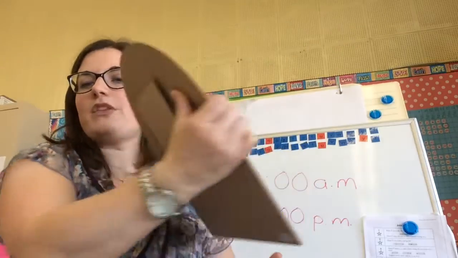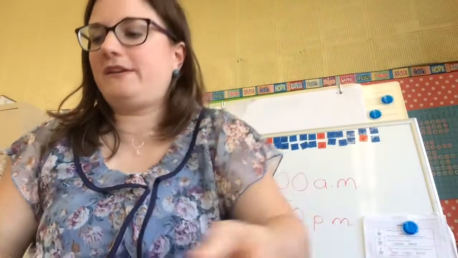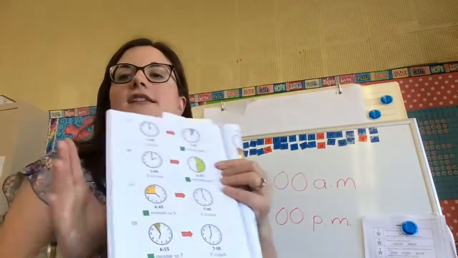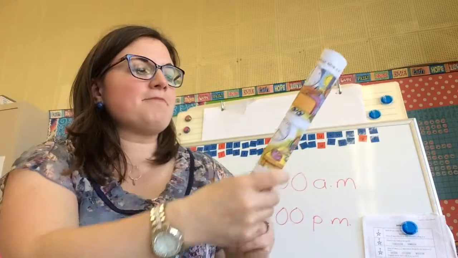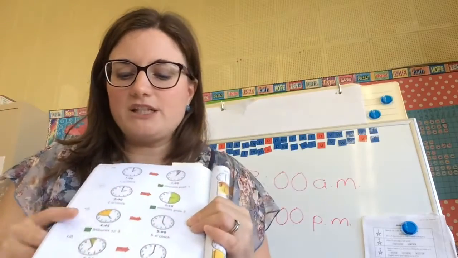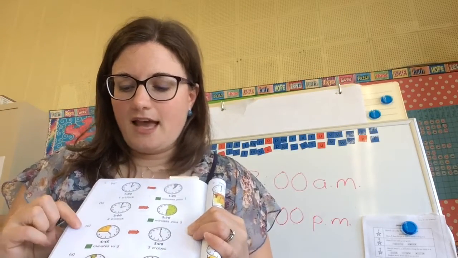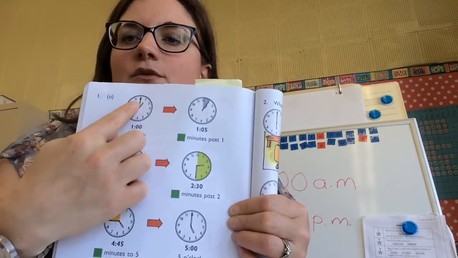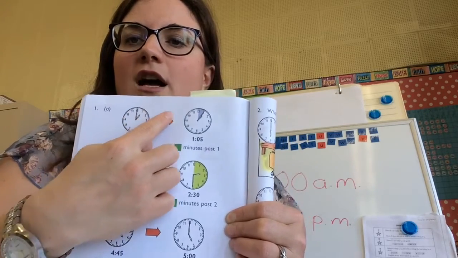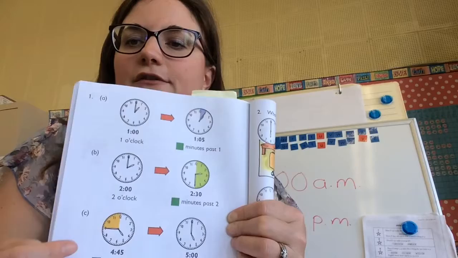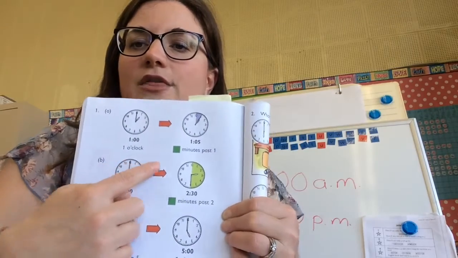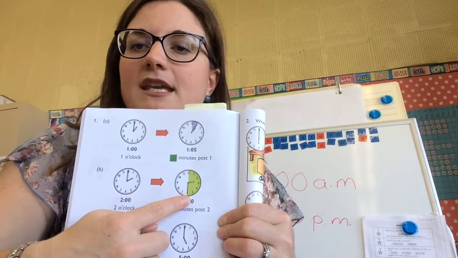So there is one more thing I would like us to do in our textbook before we finish today. So in your textbook, open to page 62. Press pause if you need to, okay? And we had talked about different ways to say the time, okay? So I want you to look up at these clocks. We have 1 o'clock, and then if we move our minute hand over to the 1, it is 1:05. Then we moved it all the way around, we got to 2 o'clock. Then if we move it down to the 6, it becomes